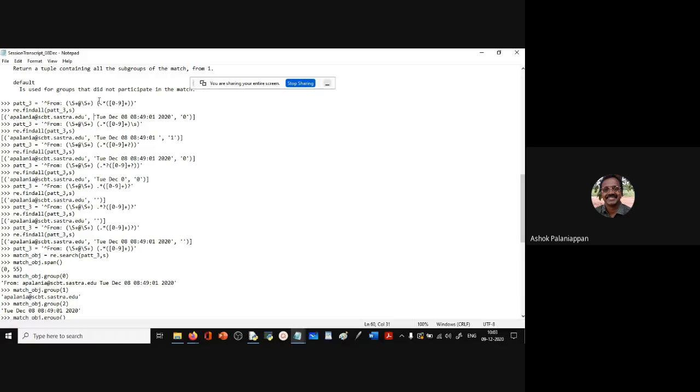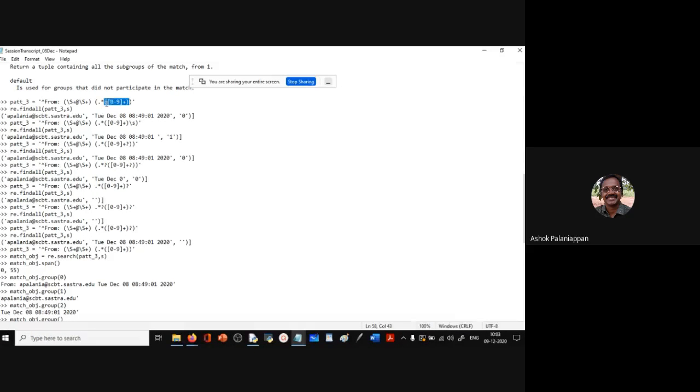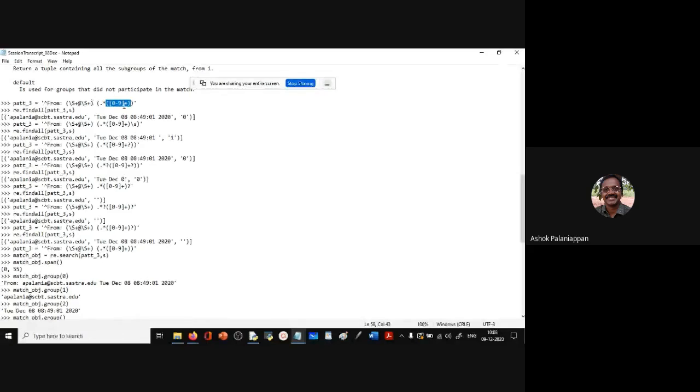Yes, please do that. As I say, the group is matching the entire set here, so for the group, the entire set is returned. But what is the dot star matching? The dot star is matching till the 202. And why is it doing that? Because this sub pattern has to be matched for the pattern to have a match with the string. So this sub pattern is matching only the 0. It is possible for 0 to match this sub pattern.